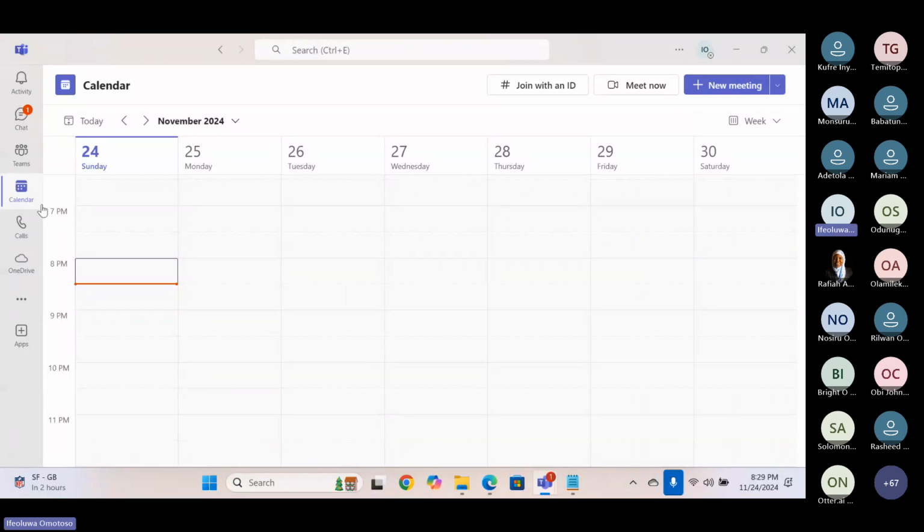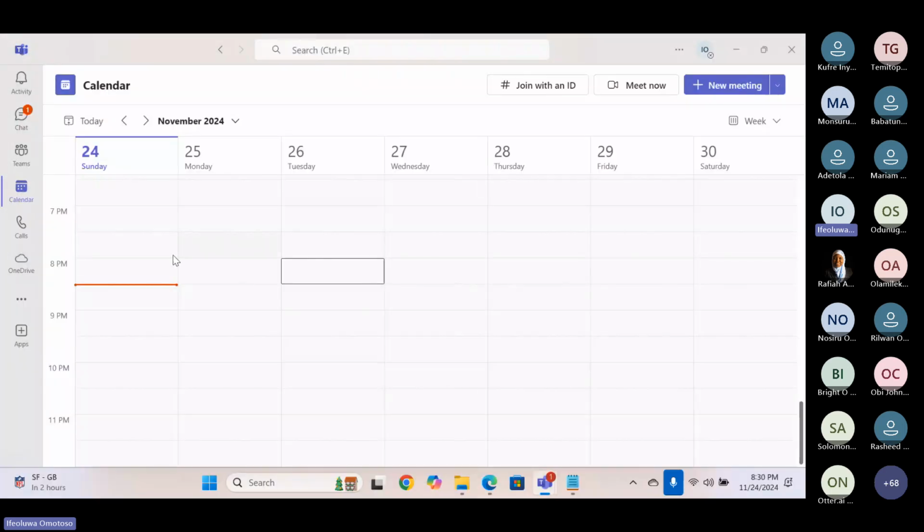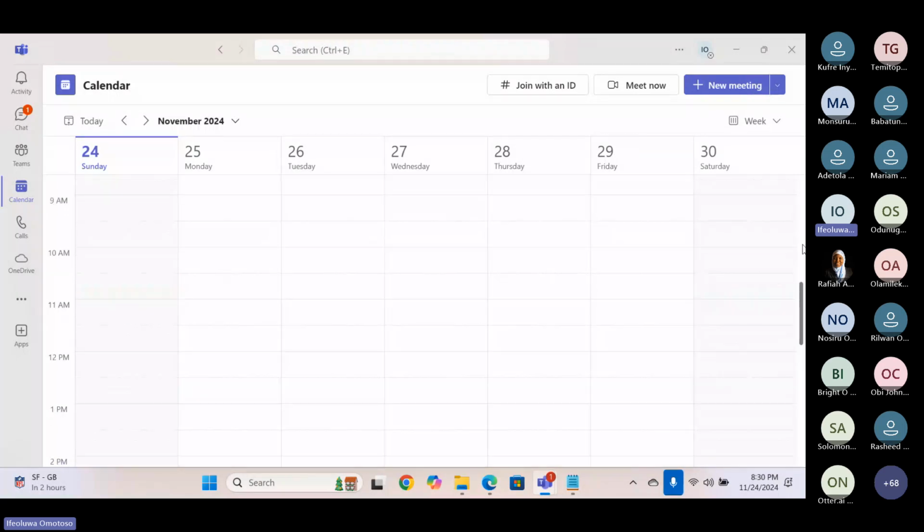Right? So let's create a meeting. Let's create a test meeting here. So how do you create a test meeting? You can click on the calendar. You can check through the dates. Let's say you have on Wednesday, you want to have a meeting with someone for, let's say, 7 a.m. So you can scroll up and down for the timelines. So you can see the time. If it says 7 and on Wednesday,